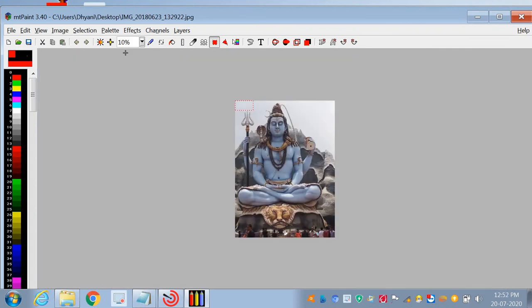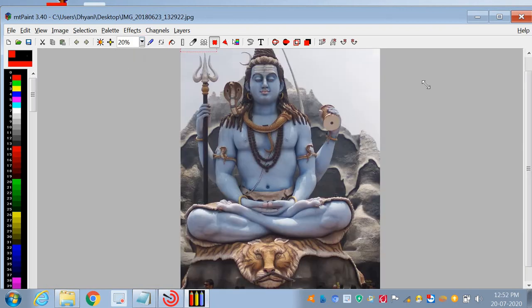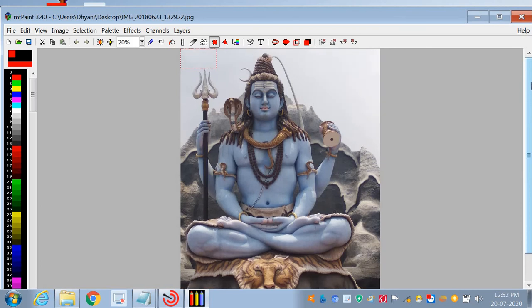From here you can easily change the pixel. You can easily change the percentage of your image. 100% means your image is very zoomed. So now your topic is how we can crop our image.